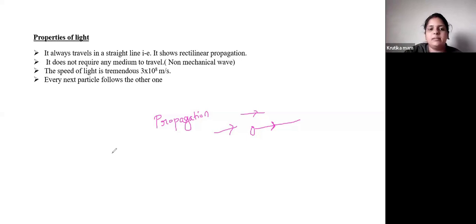So for example, here the source of light, the light is traveling along this direction, you need to show like this. It is traveling like this, you need to show like this. It is traveling like this, you need to show like this. Yes. So in which direction is the light going from that source.